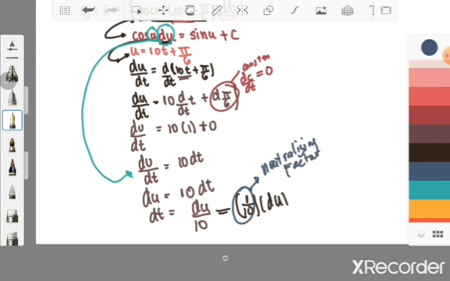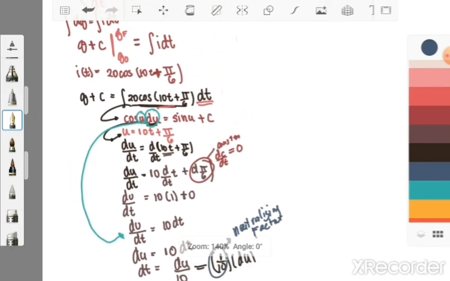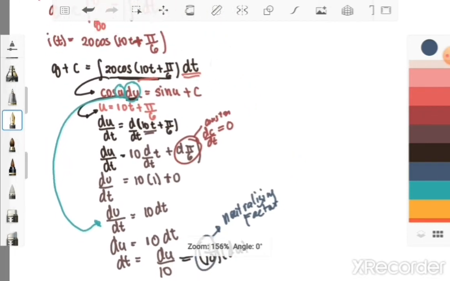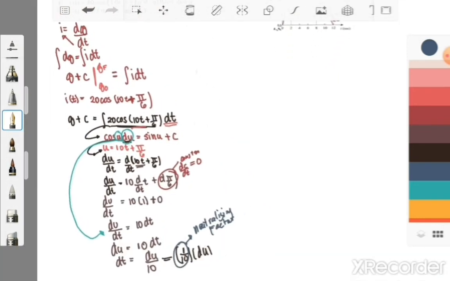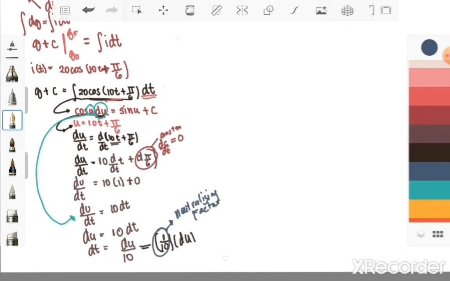You may learn your neutralizing factor in the book of Alexander. Okay? So, we already have the neutralizing factor. Let's try to solve it. So, we have